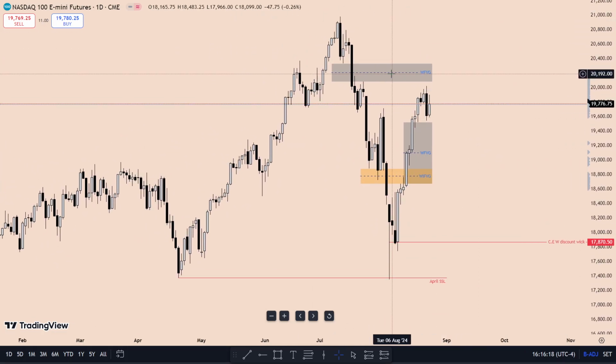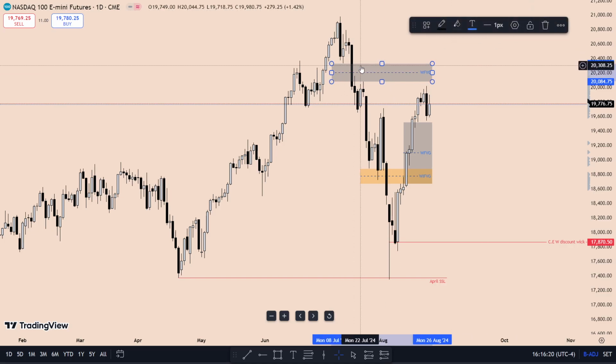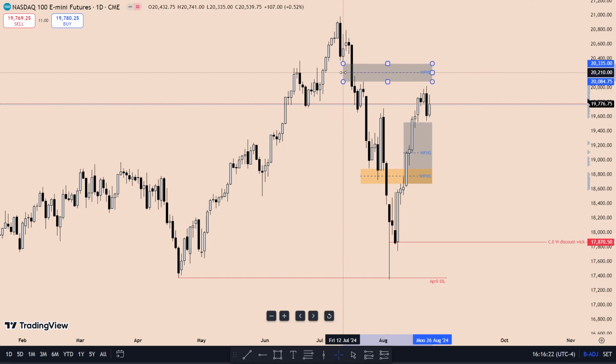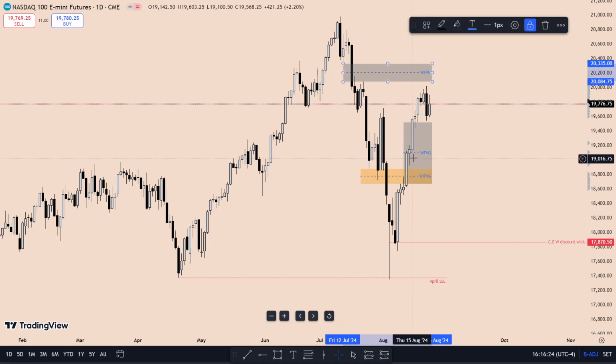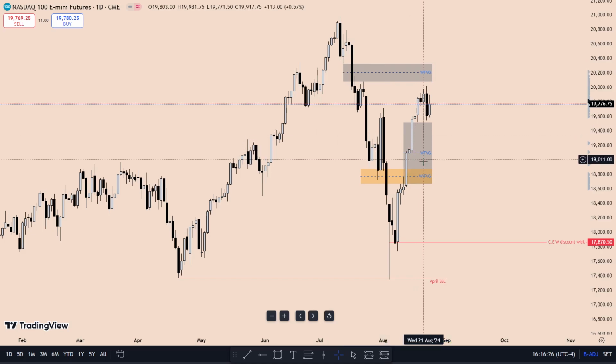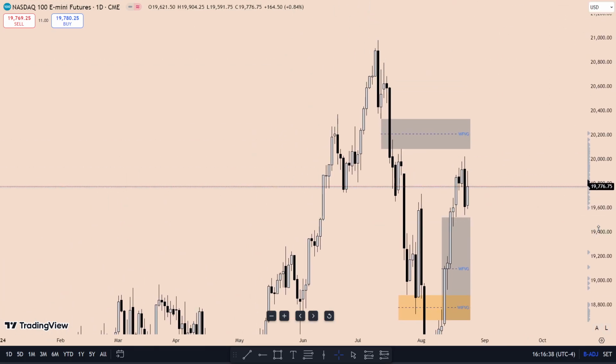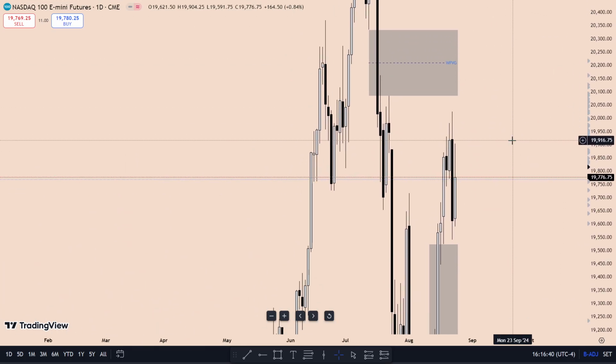Okay, so there's the weekly FVG above and the weekly FVG below, and the weekly inversion FVG. Okay, it's not on settlement. Okay, cool. So where we have been reacting off for the past few days is actually this level here,